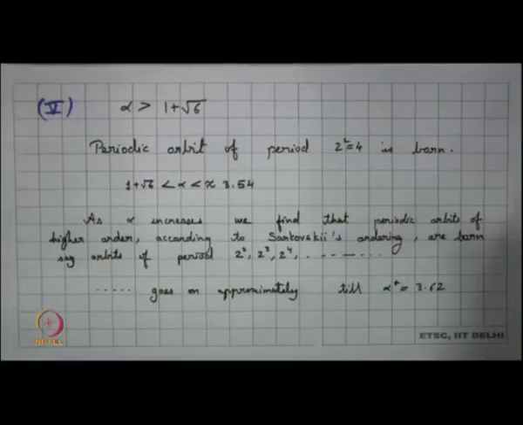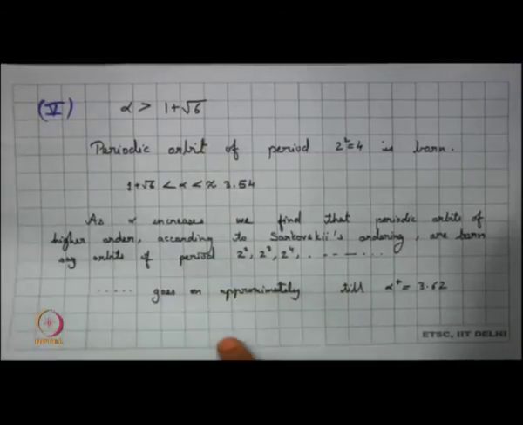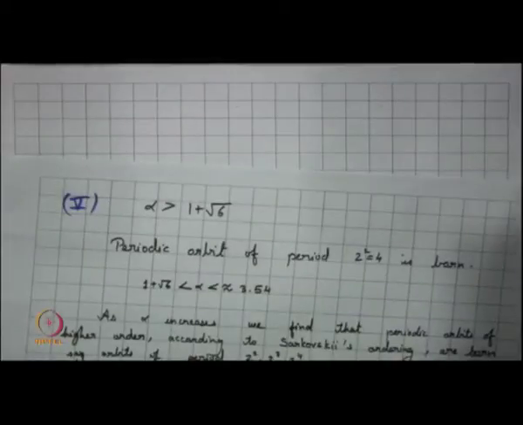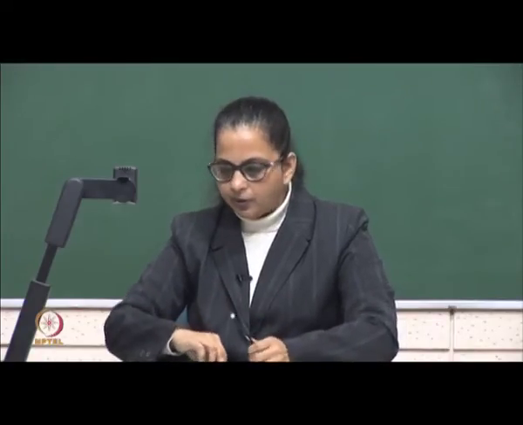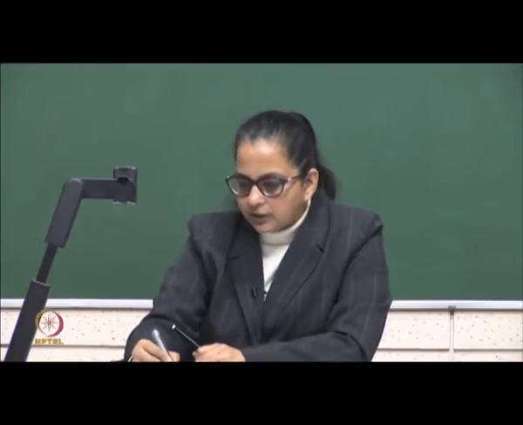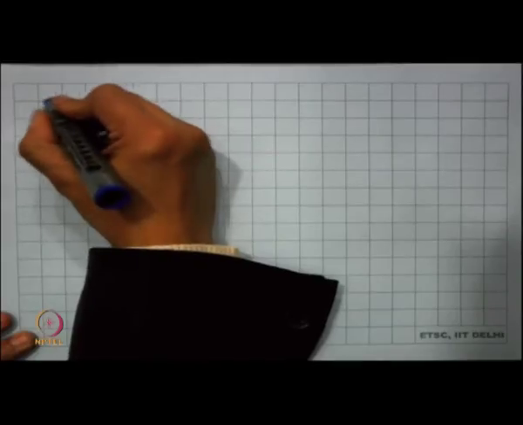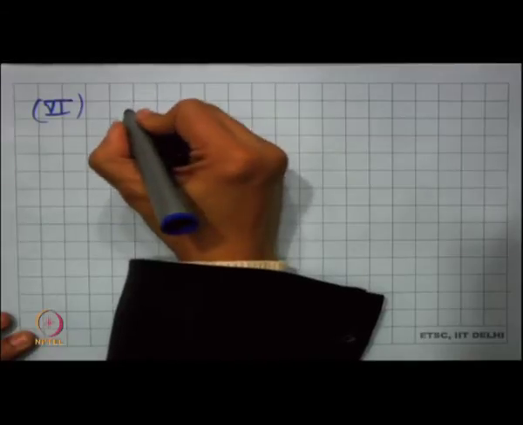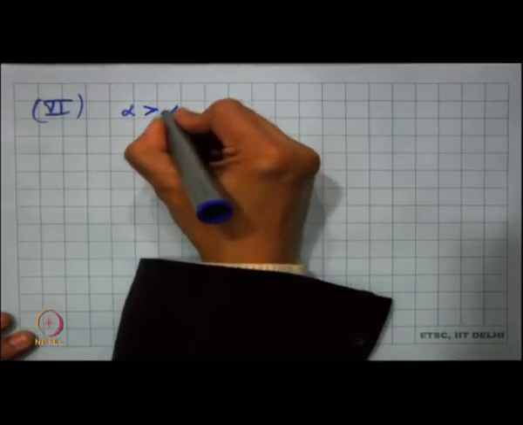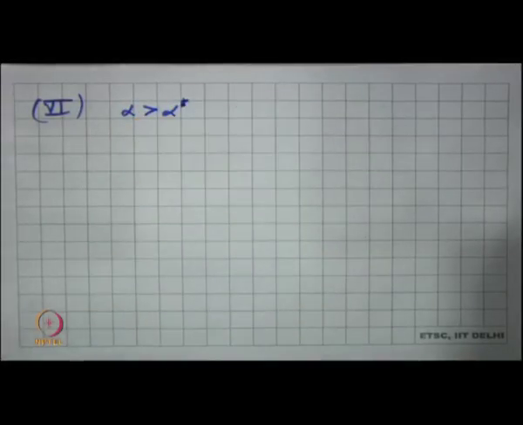Now, what happens beyond that? We will try to look into this picture. So, let us look into the next case and maybe then we can go to the picture. So, what happens beyond that? If we look into now the sixth case, I am looking into alpha to be greater than alpha star. What happens in that case? At alpha star equal to 3.62,